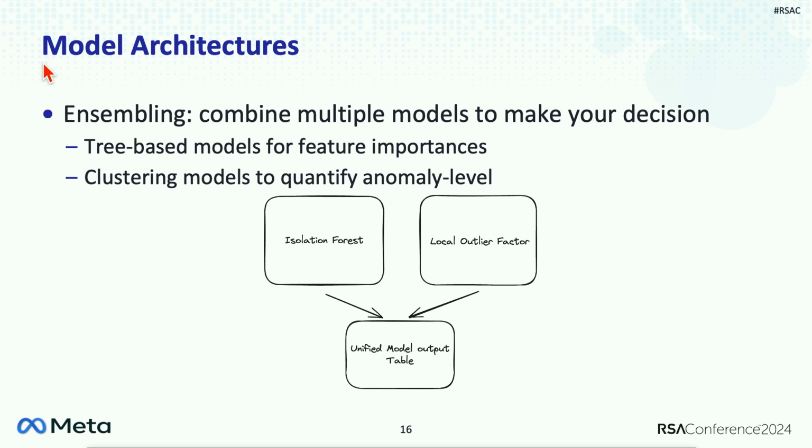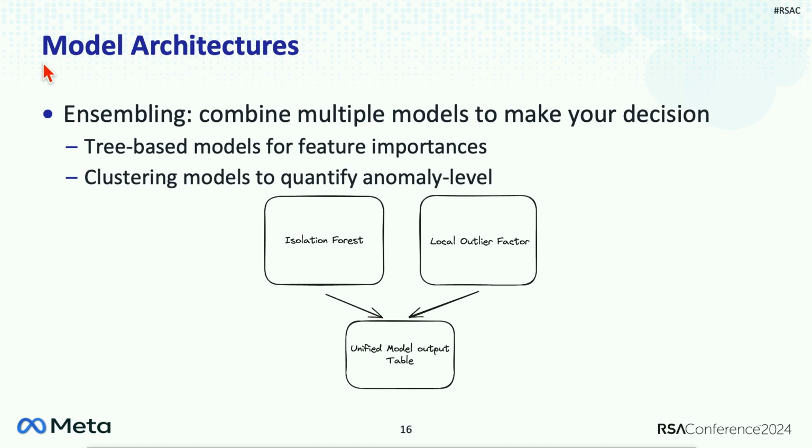In particular, I like to use 2 types of architectures. The examples given here are for an unsupervised case, because this is where most of y'all will be starting. I like to use an isolation forest, and that's our tree-based model. Our tree-based models will give us feature importances, and in most architectures that I've seen, you can actually enumerate the decision tree, or at least part of the decision trees, so you can really understand quite deeply why something was being escalated.